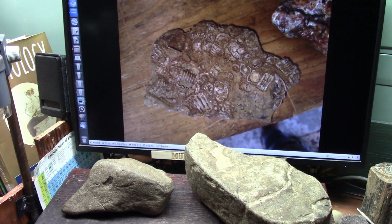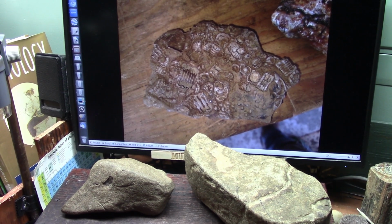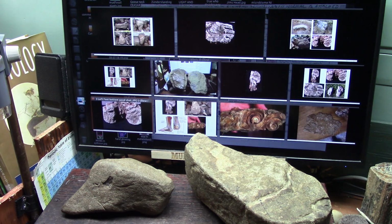I get so much stuff that is just stunning. And I'm just loaded with it now. I have so much I don't even know what to do. And it's stuff that nobody will look at. Nobody in academia or anybody that claims to be an authority or a scholar or any kind of expert whatsoever. Nope, won't look at that. Because they have no answers. And that takes away from their status. And everything I can see now is self-interest. If it doesn't help me or promote my status, stay away. And I agree, this is a shocker. Everything I present is a shocker. I call it shocker du jour, but I could go on for a millennia with shockers,